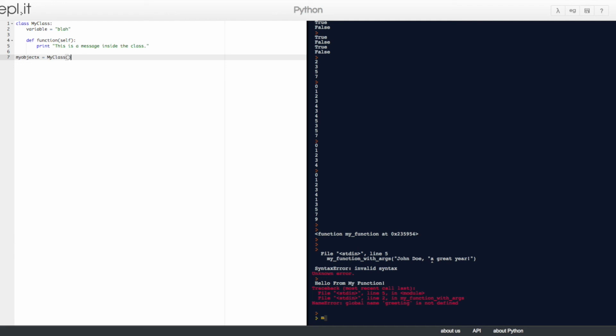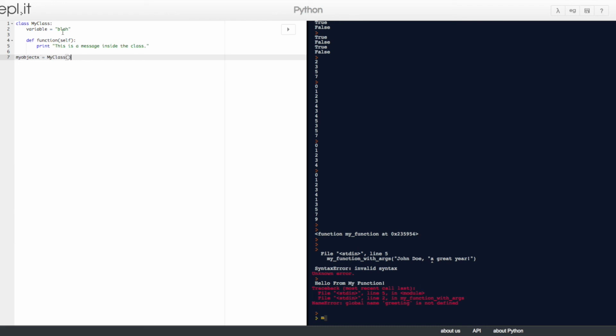Now the variable myObjectX holds an object of the class myClass that contains the variable and the function defined within the class called myClass.